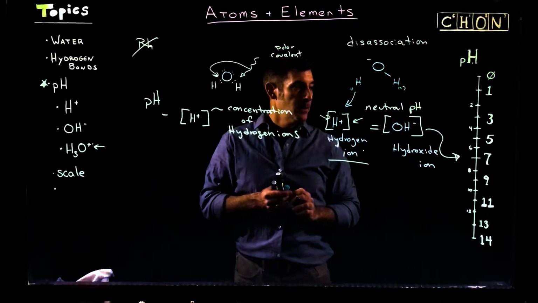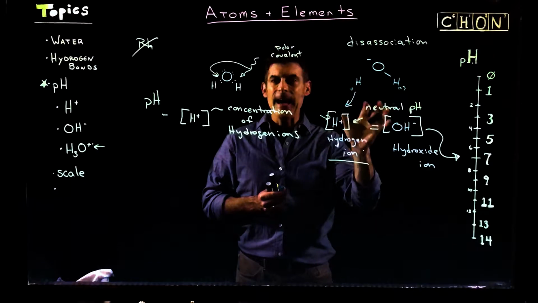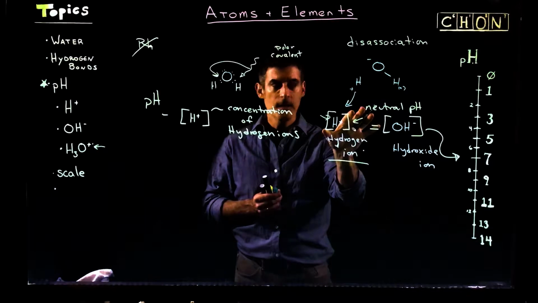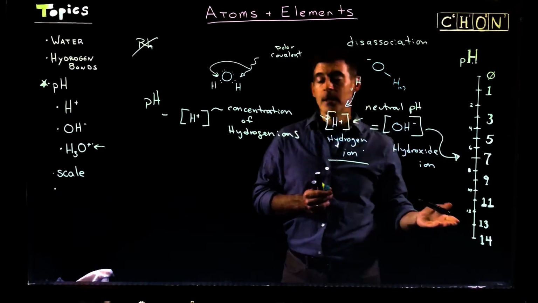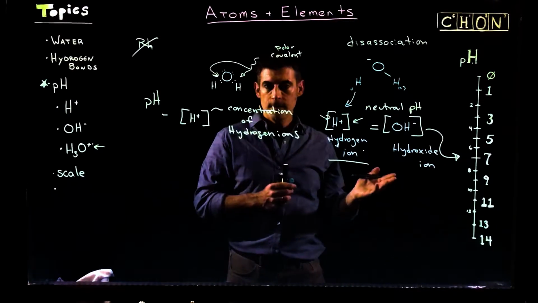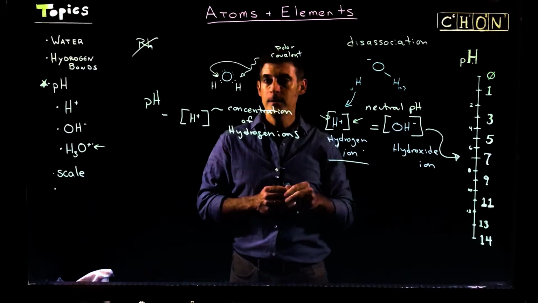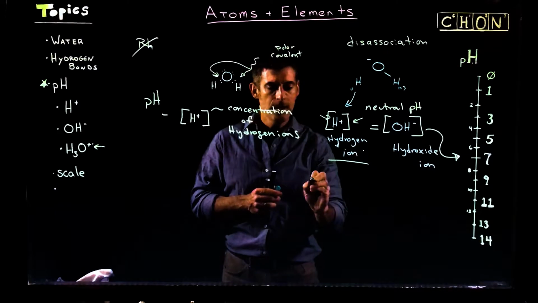But you may wonder, where does 7 come from? Well, 7 is really referring to the actual concentration of the hydrogen ions themselves. And so now we have to get into something different. The pH scale is sort of a shorthand. What it's really referring to is concentration, and concentration is in molarity. So when we say pH 7,